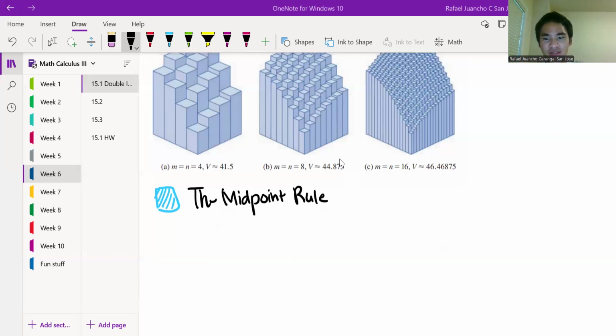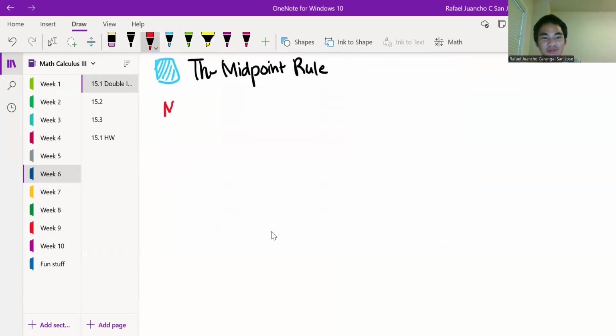So here, we actually use a double Riemann sum to approximate the double integral. We also pick a sample point, but in this case, it has to be the center of our region R sub ij. In other words, we have a midpoint of x, and we also have a midpoint of y. So let me just hop right into it, and I'm going to proceed with an example, just to get it over with. So the midpoint rule for double integrals, in this case,